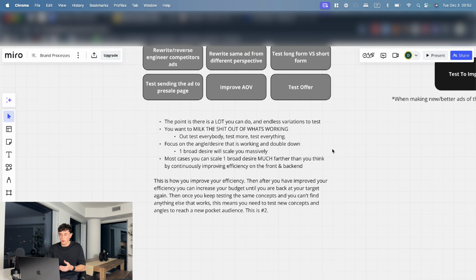So the point is, there's a lot you can do and endless variations to test. And the first step is always efficiency because, once again, you want to lower the CPA and you scale by default, and it's easier because you already know it's working. You're focusing on the same angle. You want to milk the shit out of what's working, right? Out-test everybody, test more, test everything. Focus on the angle or desire that is working and then double down because one broad desire will scale you